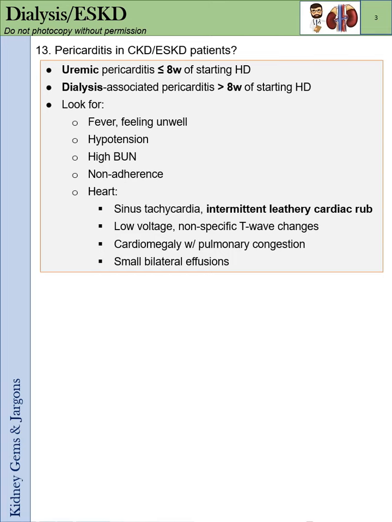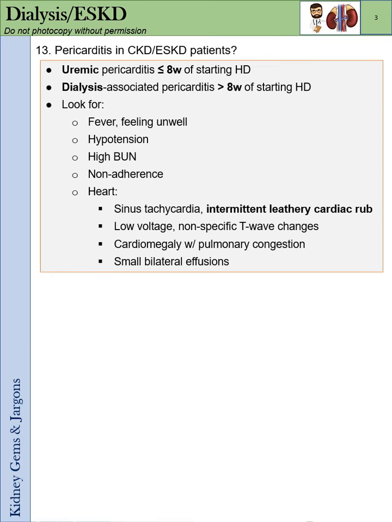Pericarditis in CKD end-stage kidney disease patients. Uremic pericarditis usually occurs at the beginning of starting dialysis, usually less than 8 weeks of starting renal replacement therapy. However, dialysis-associated pericarditis occurs more than 8 weeks after starting renal replacement therapy, more so in an established end-stage